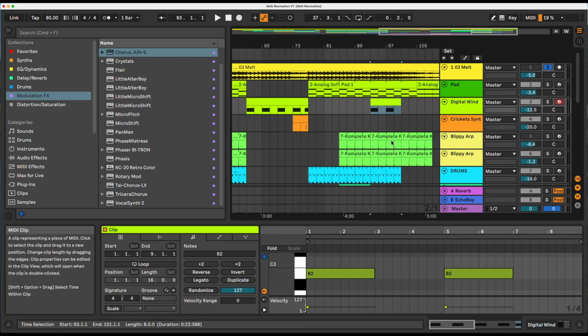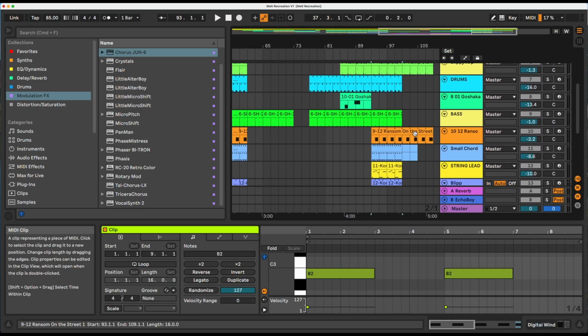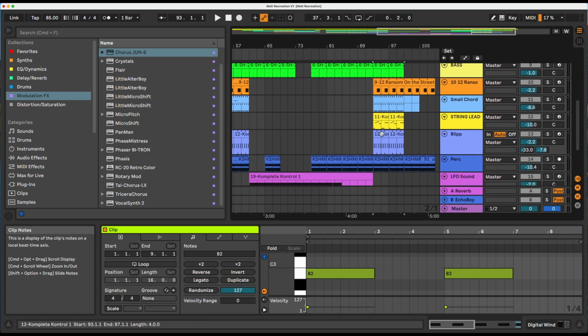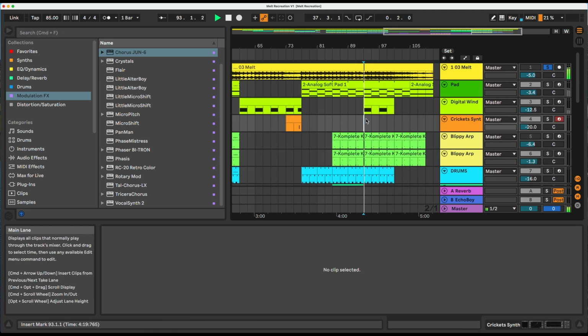Coming to the end of the track now. So we have that section, then we have one more section where we have the digital wind, we get the Ransom on the Street sound back, and we get this lovely string lead back.